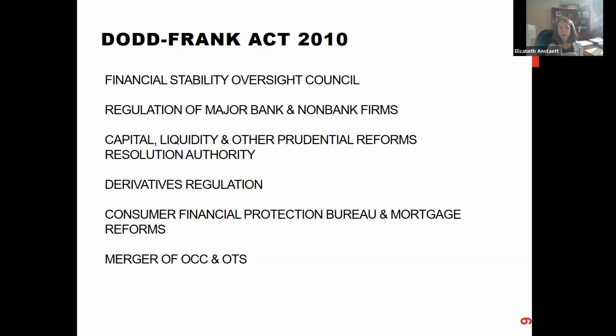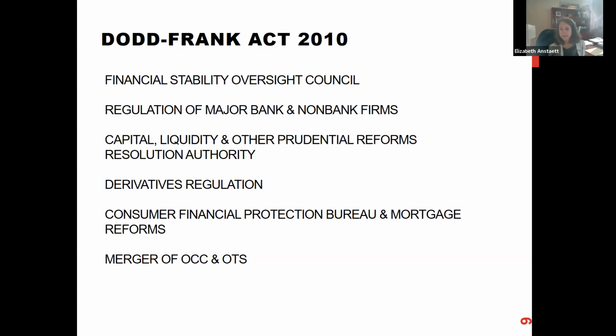The Dodd-Frank Act also created the Consumer Financial Protection Bureau and included mortgage reforms, because a lot of the problems in the economy flowed from improper mortgage activities. And a lot of it really came from consumer issues, and it really shows how consumer events really drive the economy. So there were a lot of consumer protections, including the creation of yet another federal regulatory bureau. And we will talk about that more in another module as well.